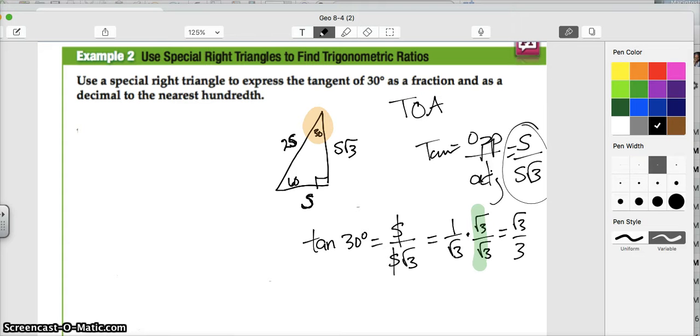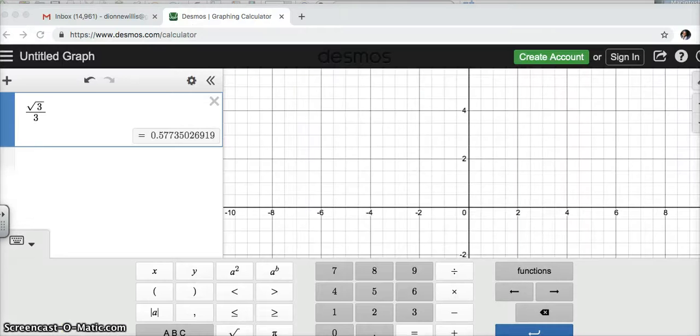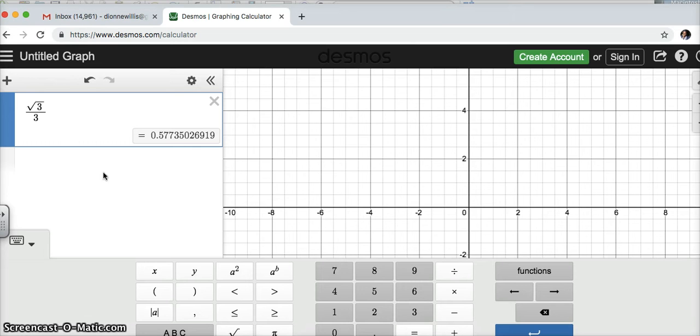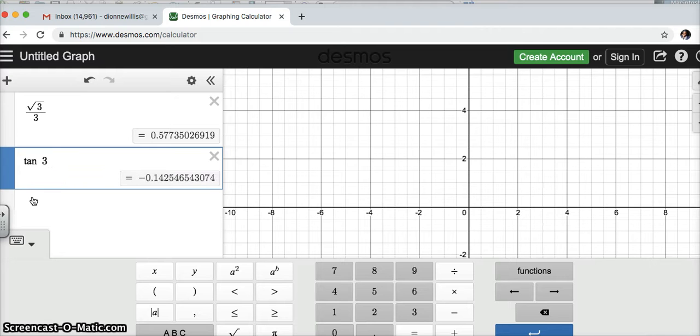And so if we use a calculator, like say our handy dandy Desmos calculator, we get an approximation of 0.577. So I will write that down as my answer, 0.577, which is exactly square root of 3 over 3. But for us, we're going to use 0.577. So check this out. Let me see if I can do this over here in Desmos. So let me just do this. The tangent of 30 degrees